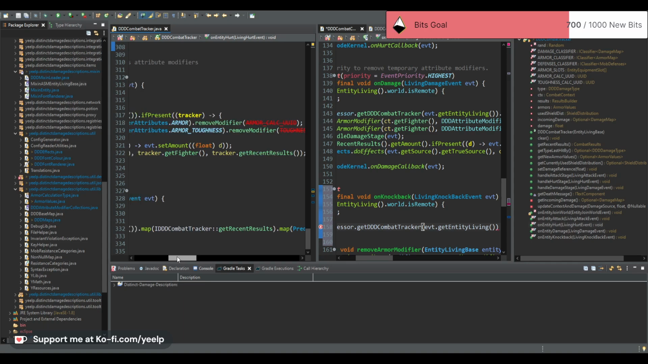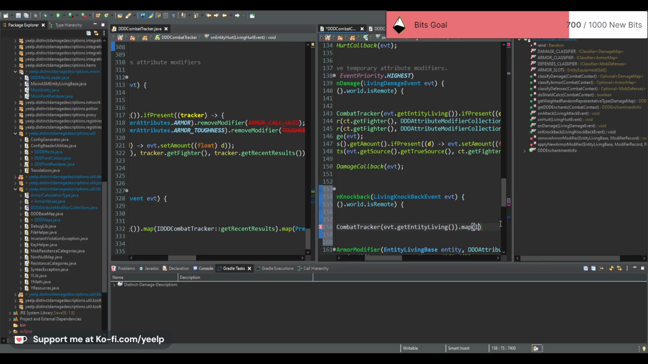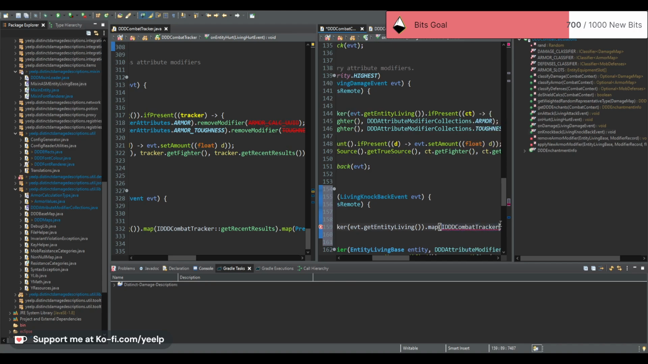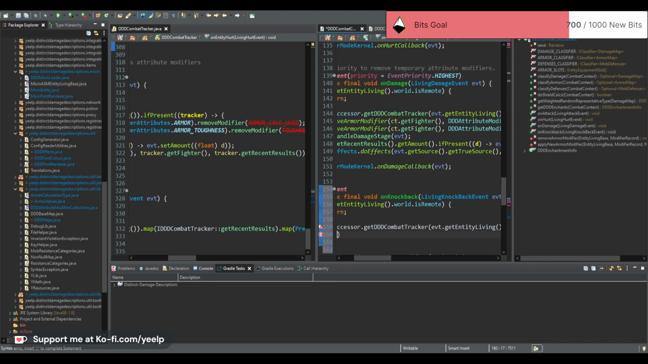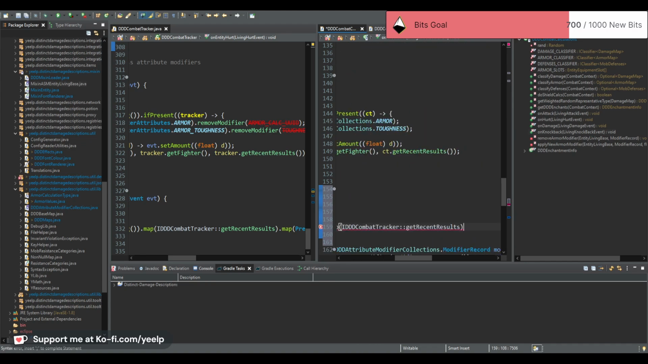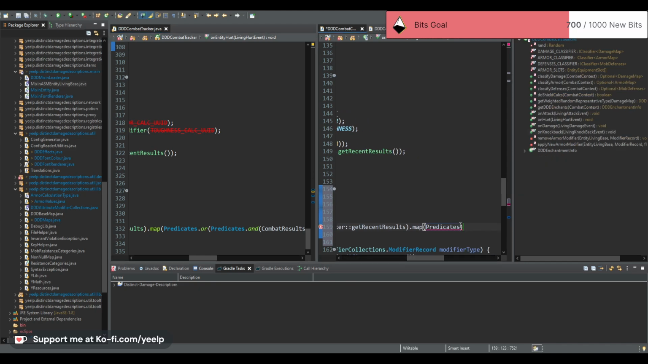What do you do here? Oh, we map it. Dot map to IDDD combat tracker. Get recent results. What are you doing, my guy? Dot map again. Predicates. Dot or and immunity triggered. Oh my gosh. Dot or predicates dot and